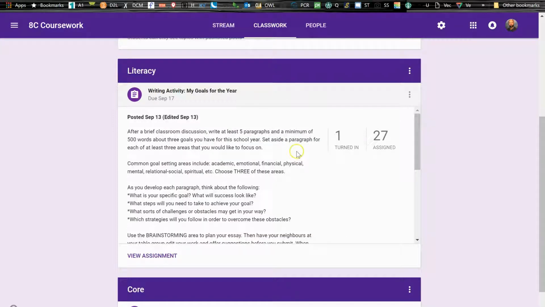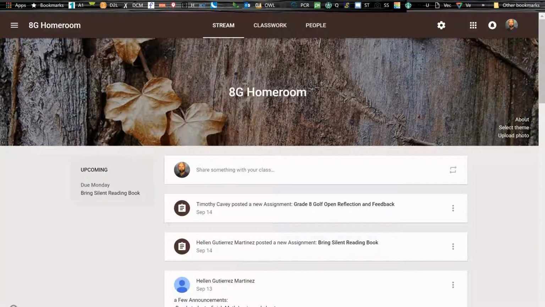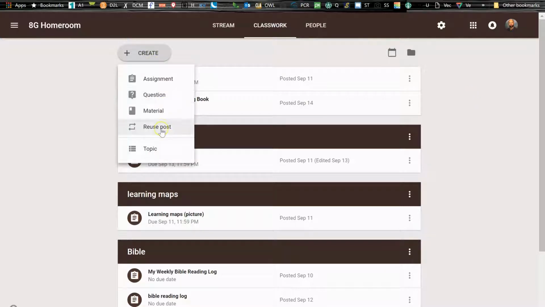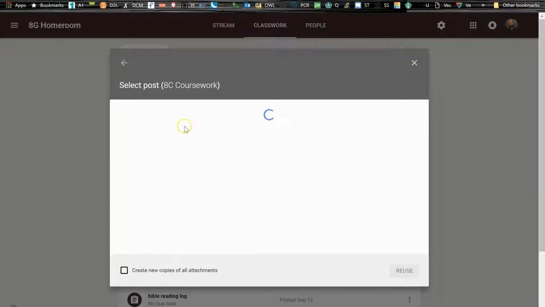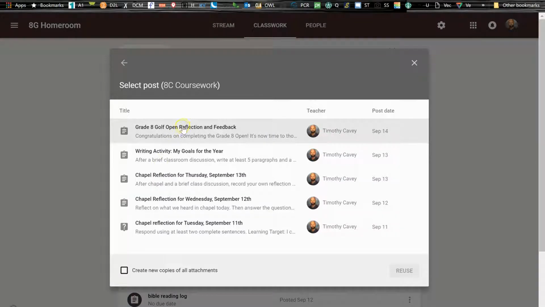I've put some work into it, and let's say, again, another teacher just wants to grab that and post it on her classroom. So what she wants to do is go over to Classwork, and then Create, and then Reuse post. And then she should get access to all of the classes that she's in, including mine. So all she needs to do is find my assignment, hit Reuse,